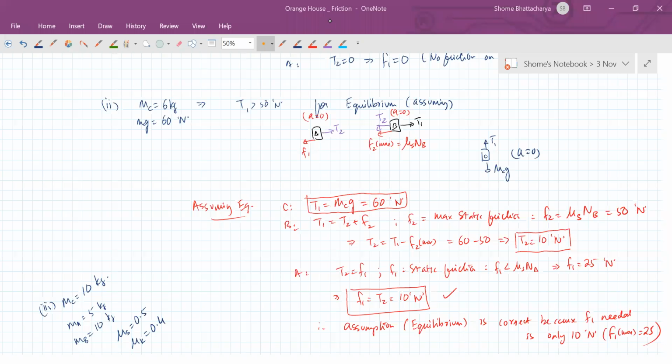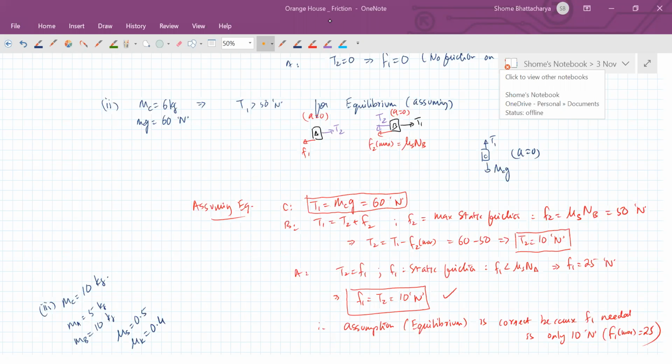Okay, so Rahil, why we didn't take T2 equal to 0? Because friction balance नहीं कर पा रहा है ना बेटा T1 को. अगर उसका acceleration 0 है block B का, then net force on it has to be 0 ना. Now the tension T1 is how much? It is 60 newtons and maximum friction on it is only 50 newtons na. So how the friction can balance tension T2? Friction cannot balance the tension T2.